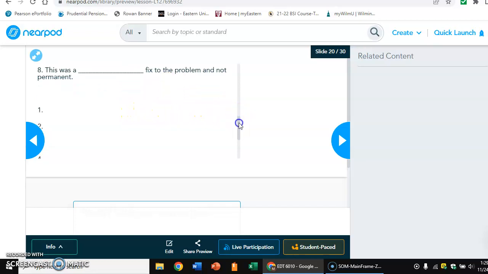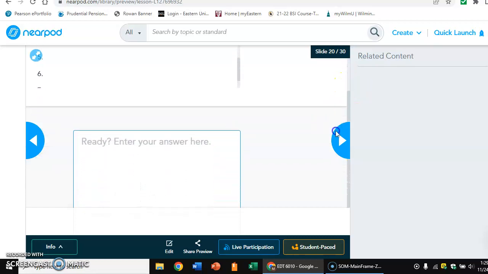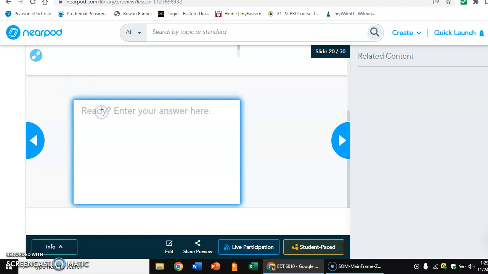So what you're going to do is, boys and girls, you're going to come down not to there but to here, and you're going to type numbers 1 through 8. And once you have these all typed out,